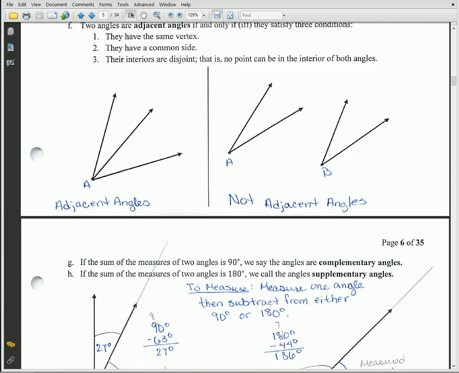Adjacent angles are two angles that have one ray in common and the same vertex. Non-adjacent angles have nothing in common. Okay? Non-adjacent angles could have the same vertex, but they don't have to have a ray in common, and those would be non-adjacent but share the same vertex. And we'll see an example. There's an example of that in the homework